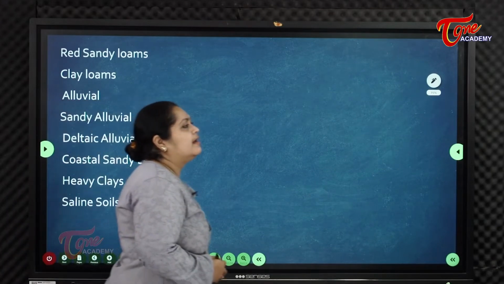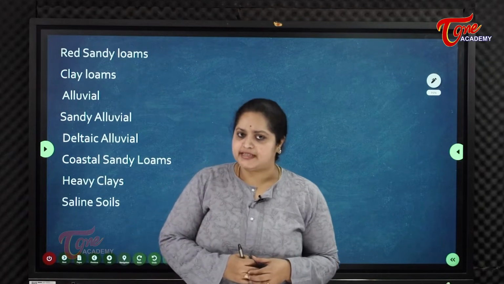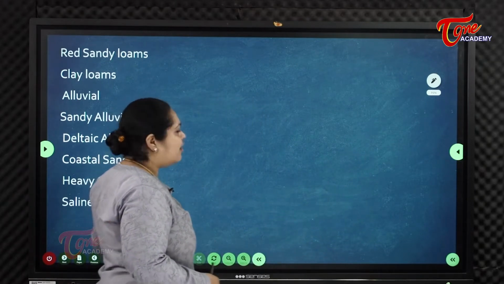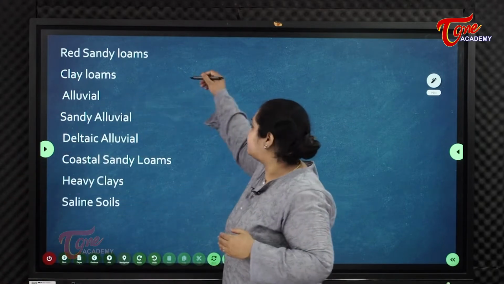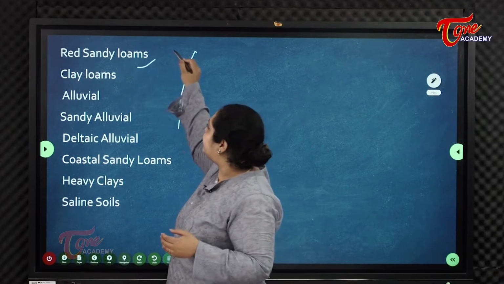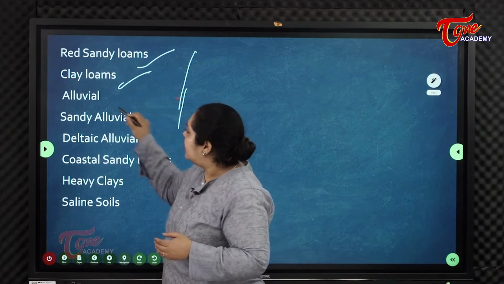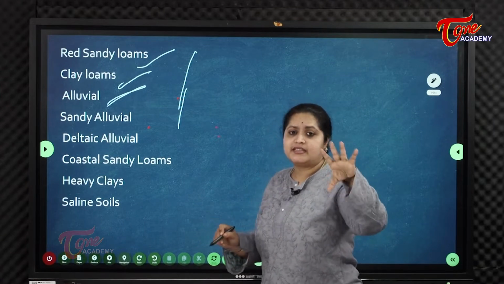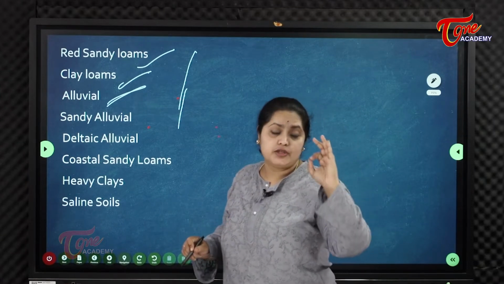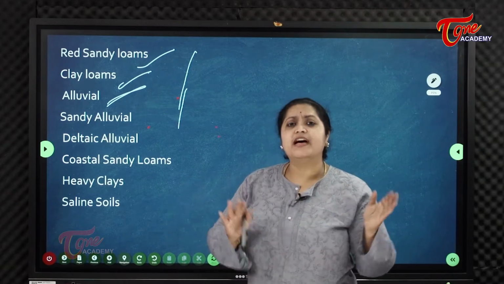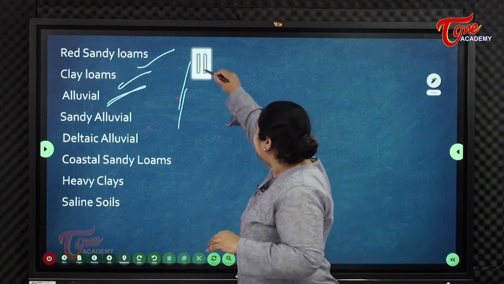Okay, now coming to the soil types of the district West Godavari. It has almost all the soil types. One is red sandy loams, clay loams, alluvial. We will definitely find alluvial soils in all the coastal districts, especially in the western East Godavari districts, because we know that